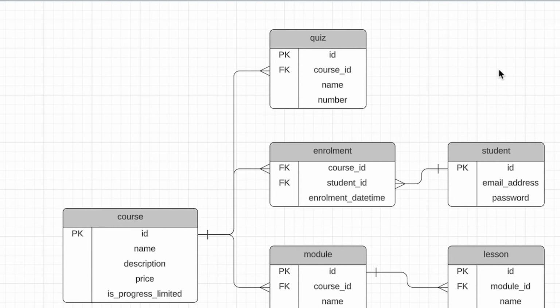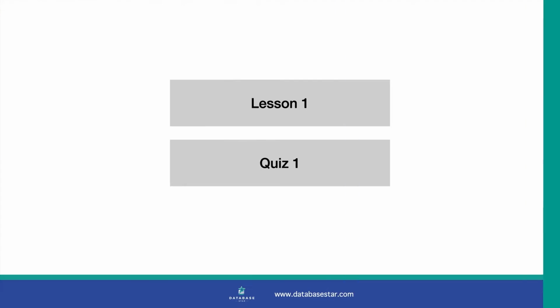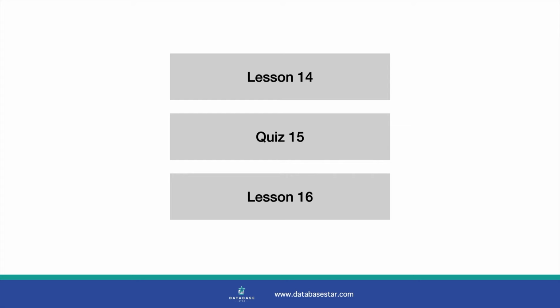How do we indicate where in the course outline a quiz should sit? We could use the number field that exists on the lesson and the quiz. However, this would mean that quiz 1 would be shown near lesson 1 when it may not fit there. Or it would mean we have quiz 15, which appears after lesson 14 and then lesson 16 is next, which may not be a good experience.